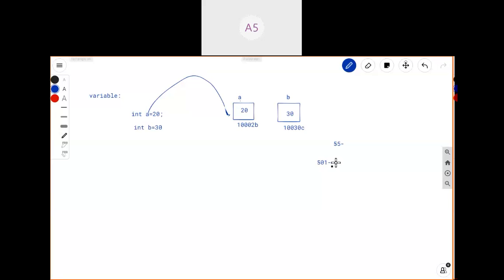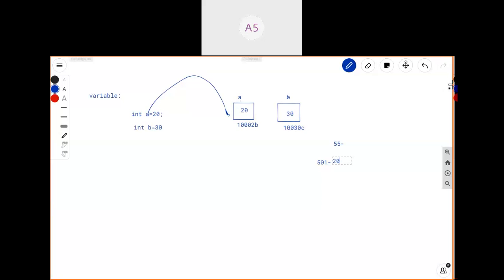Anyway, so for 501, I have marks of some 20 out of 20. To store 20 marks for student 501, I need to declare one variable with some name, with the student name or some roll number, and store that 20 within that variable.